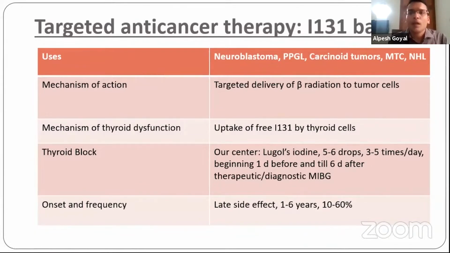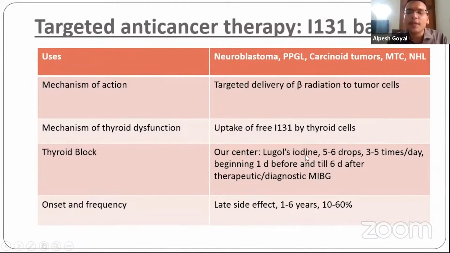that have been used. This drug acts by delivery of beta radiation to tumor cells, and because some amount of free iodine-131 will be released in this process due to chemical instability, this can go to thyroid cells and can cause thyroid destruction. So the preventive strategy is to use thyroid block, and at our center we use Lugol's iodine, which